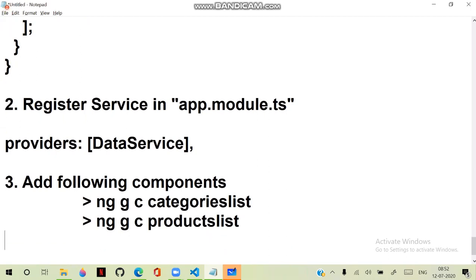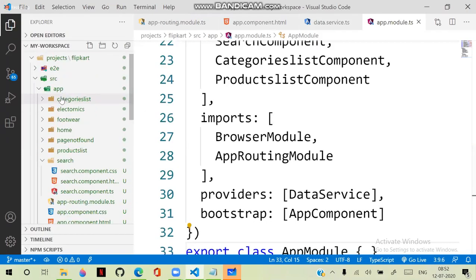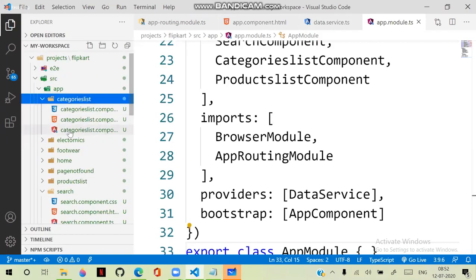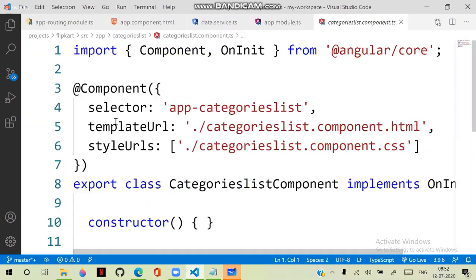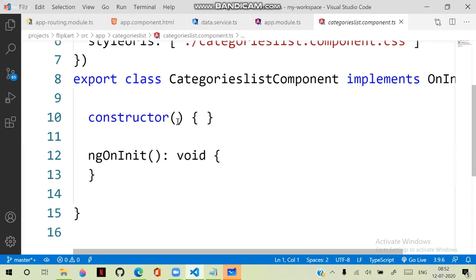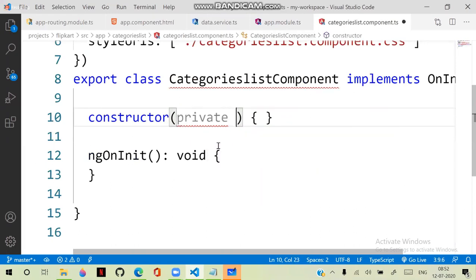Okay. Now what I need to do here is I need to display the list of all categories. So let's go to the categories list component. In the categories list component, I need to display the list of all categories. Then you know that we have to inject the service into it. So private, and that is data